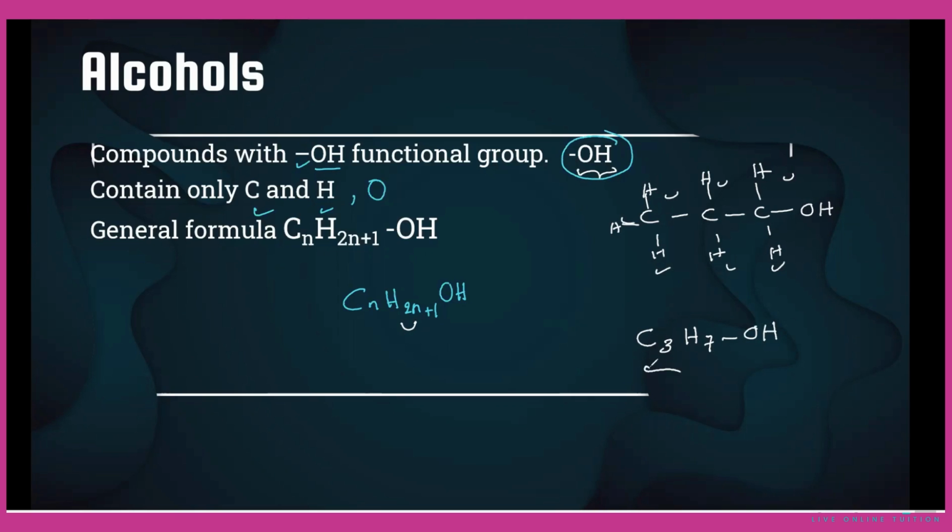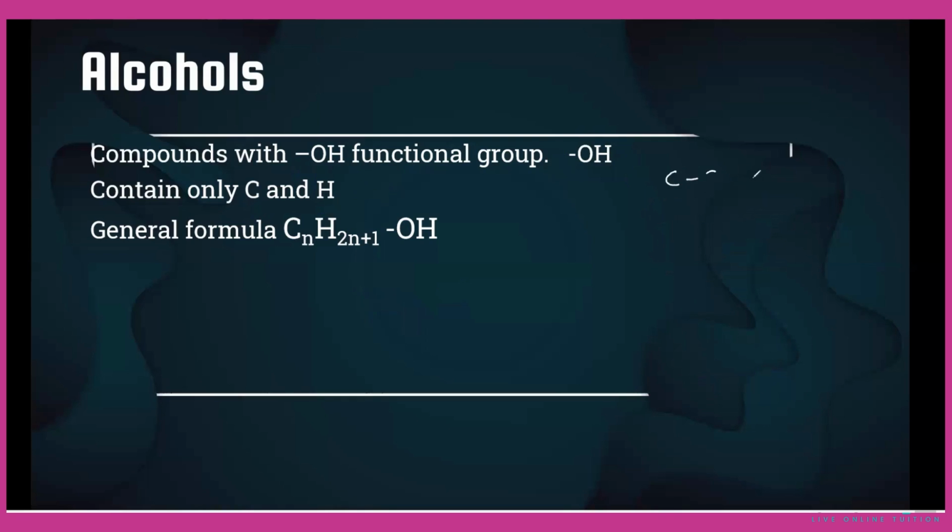Sometimes this can be further simplified and written as C3H8O, adding this H with this part and writing the O separately. So the functional group is OH for alcohols, and if we have 1 carbon, 2 carbons, 3 carbons, 4 carbons,